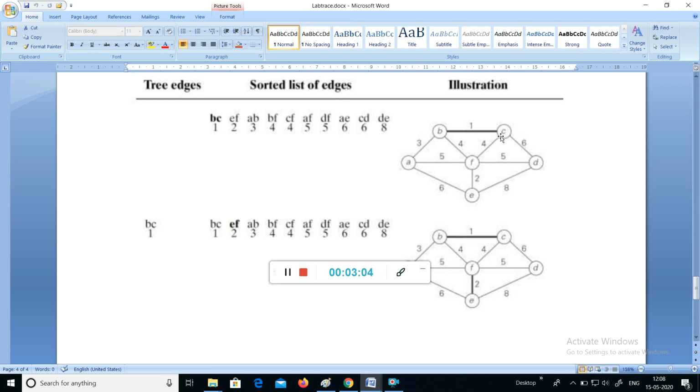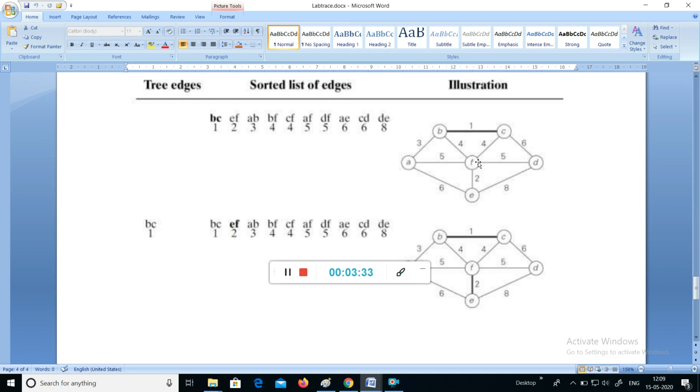Now what is the use of this? It is going to detect whether, if I select an edge, it will create a cycle. It will check. That's all. Okay, how it will do, I'll tell you. Just assume that you have selected B to C. Who is the parent of C now? It is B. After selecting this, if you select B to F, now who is the parent of F? That parent will also become B, right? So parent of C is also B, parent of F is also B.